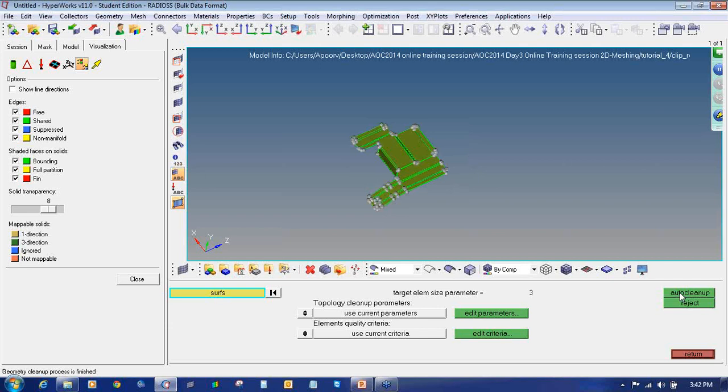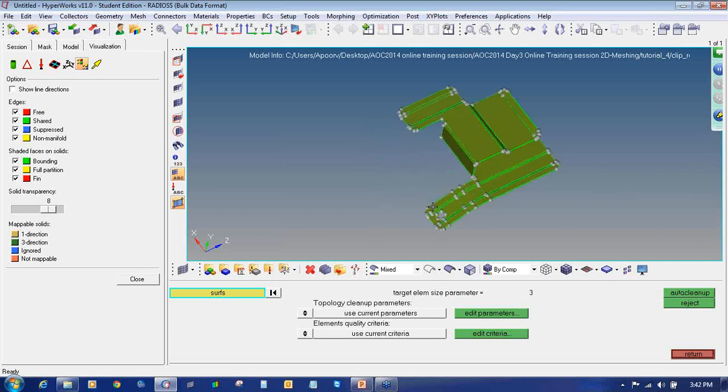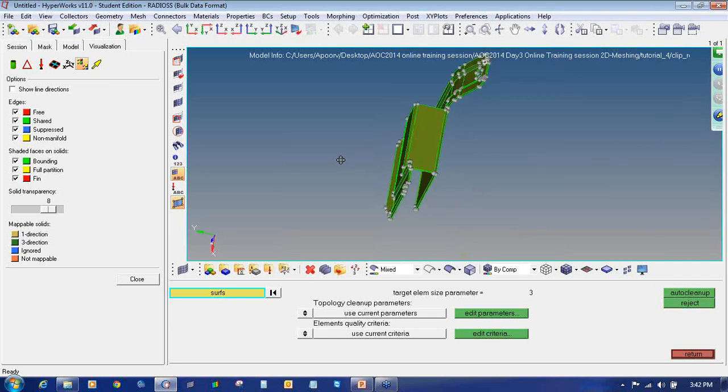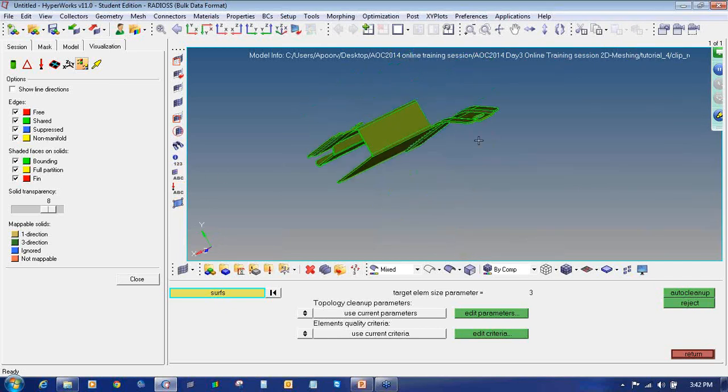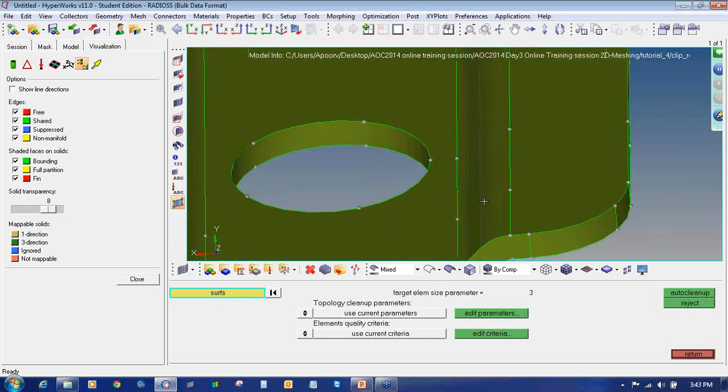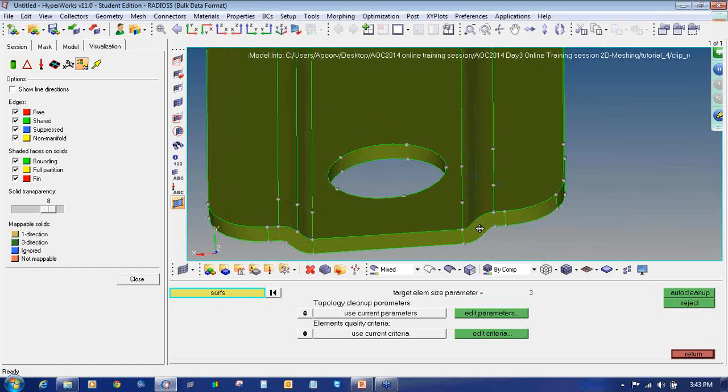So once you click on auto cleanup, it will by default remove the unnecessary surface edges. So you can see earlier it was showing some green color lines here, so now it has removed.